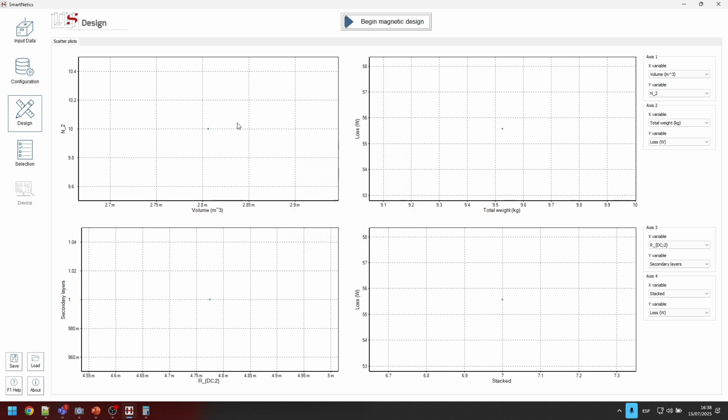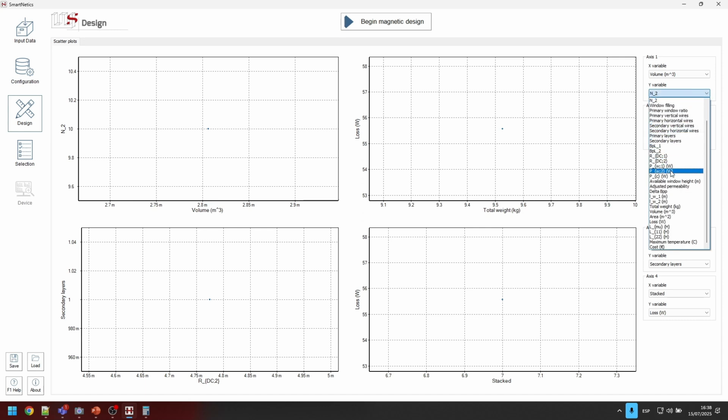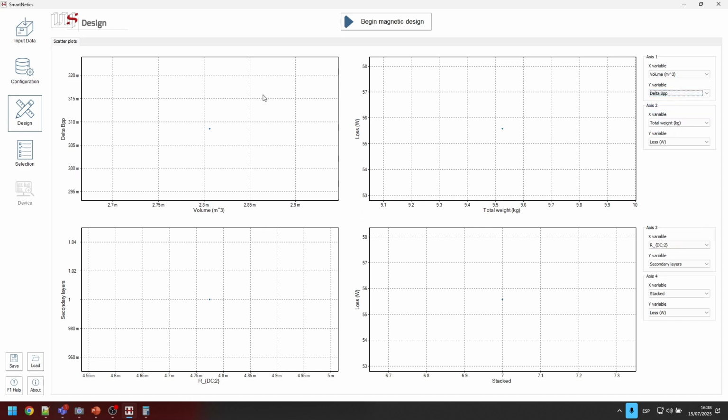The device is obviously the same, and now we don't really care about the number of turns, but we care about the peak-to-peak flux density. As you can see here, for this device, at 800 volts peak-to-peak, 25 kilohertz, we would get a peak-to-peak flux density of something close to 300 millitesla, which means that the peak flux density is half of that, like 150 or something like that. So very far from the saturation limit of a ferrite. So this is something we can use for that particular voltage.